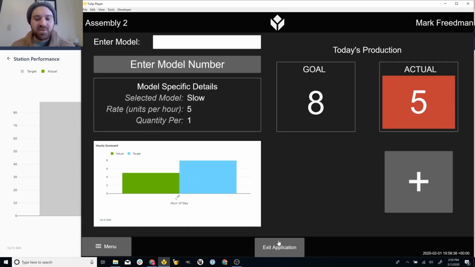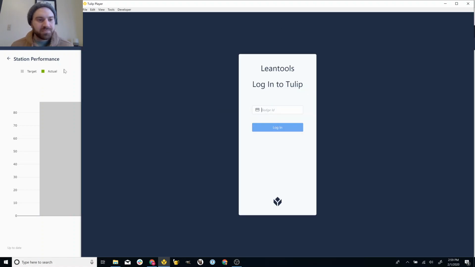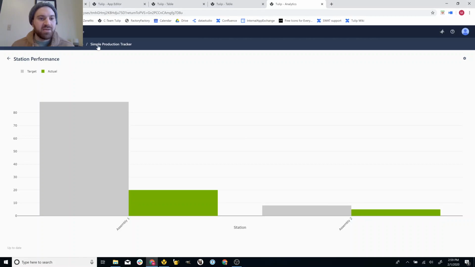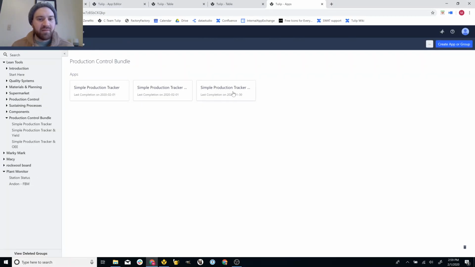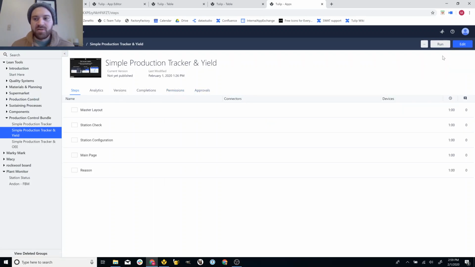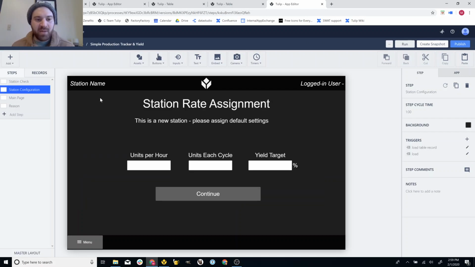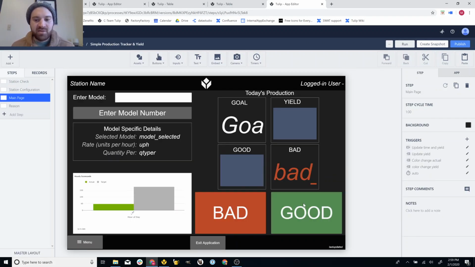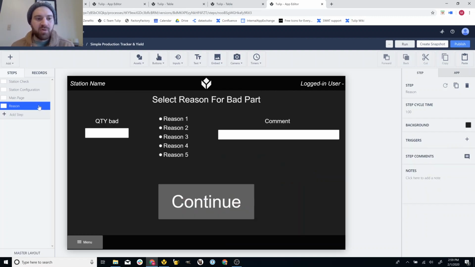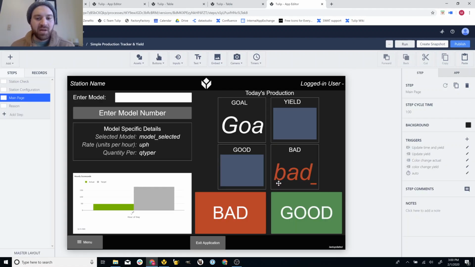I'll give you a sneak peek into another application. That application is the yield one. From the production control bundle, we have a yield one as well. You'll recognize a lot of the same things here, station check, station configuration, but now we have a yield target. On the main page, they're able to say good or bad, and then you'll see a yield percentage here. That yield percentage, good quantity and bad quantity, will also record what reason you had for it to go bad. So you can see how this same model can be expanded, because now you could look at defect Paretos and this sort of thing. We'll talk about this next time, but that's how the